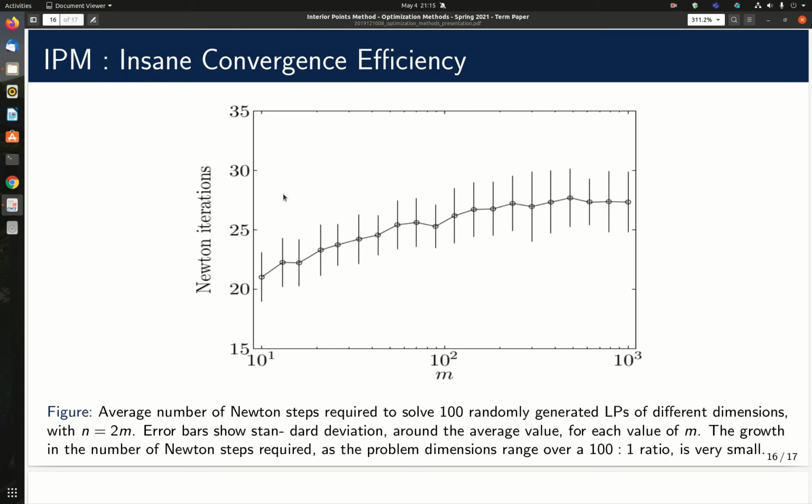Empirically it has been found that the number of iterations, even for millions of parameters, is between 20 to 80 using the interior point method. So this has been extremely effective in that sense, and therefore this can be used in many problems in domains such as machine learning, which involve many hundreds of parameters. Thank you.